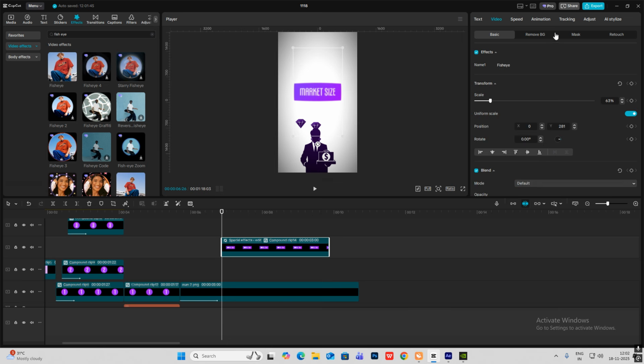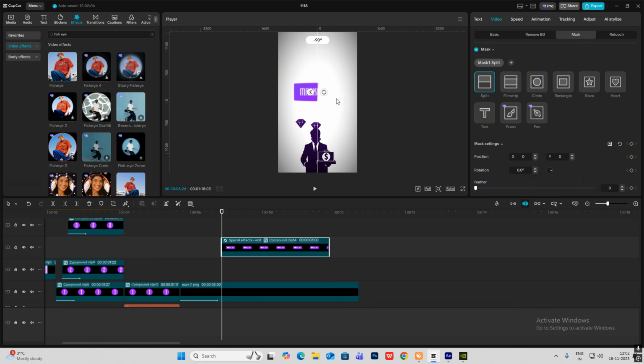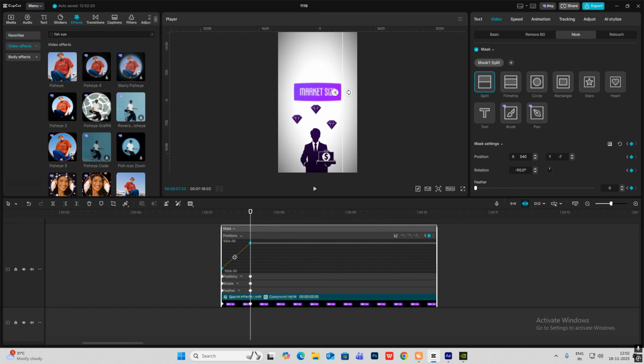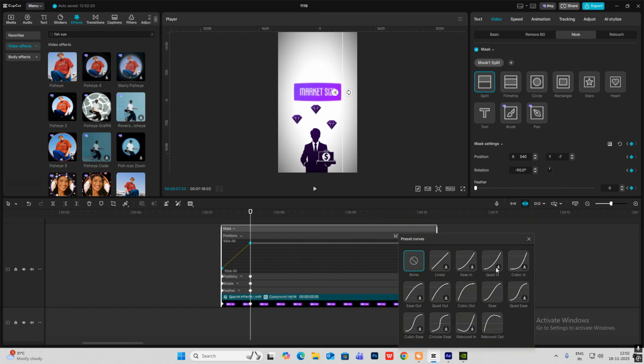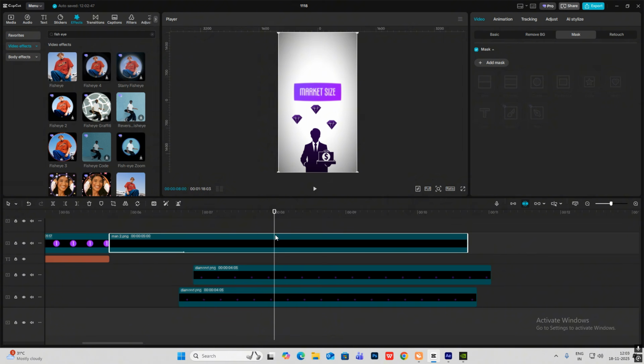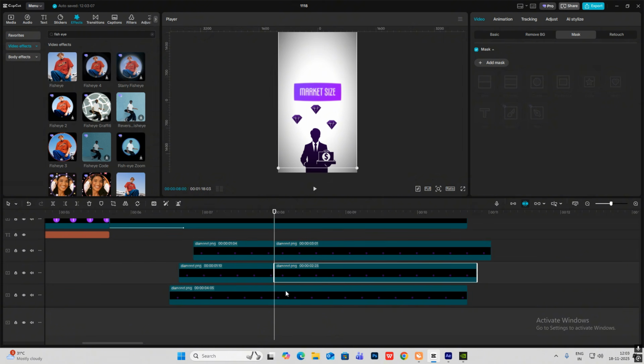Now just head on to video mask, add mask split, and do this animation. Mask, click on the mask keyframe, go ahead, again click on the mask keyframe, and this time bring this over here, Alt plus K, select cubic out animation, and then select fade in, okay, cut everything, okay, all this,